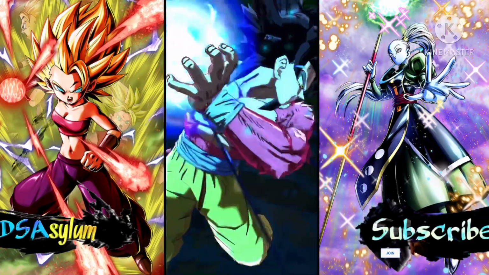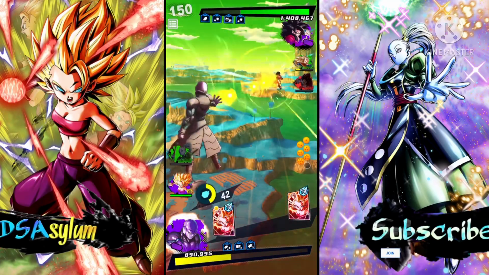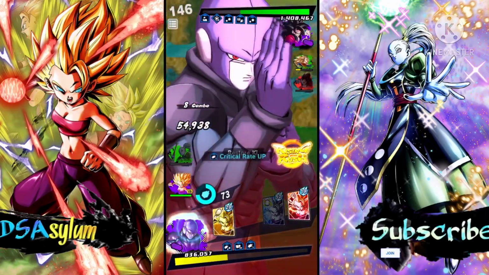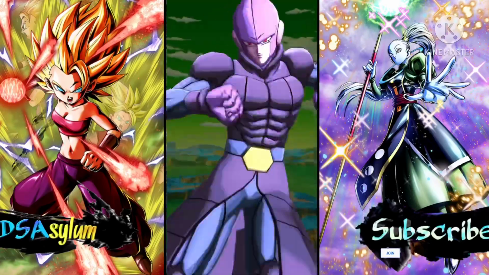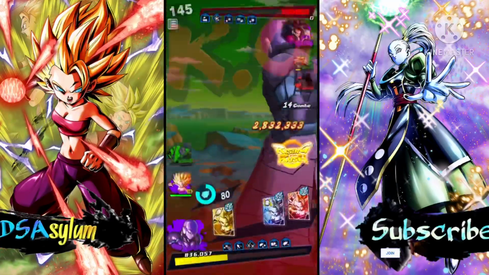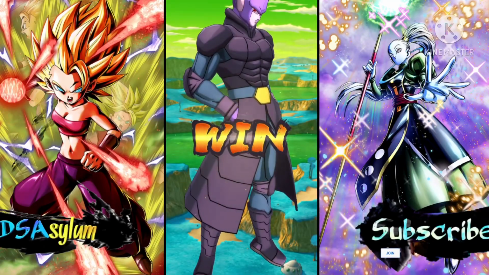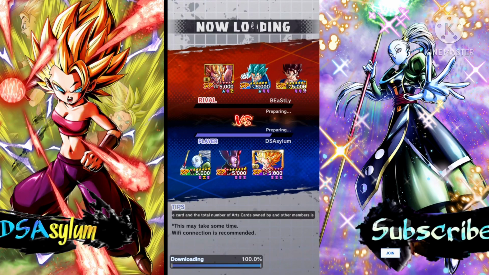My problem is I really like Hit, but I've discovered that you can run Vados, Hit, and Caulifla together, and it doesn't matter. The damage is just so stupid. But yeah, they obviously designed her with Rival Universe and Vados in mind. They designed her with the thought process that Rival Universe has a lot of double attack buffers right now, and they've got pretty much the best support unit in the game in Vados to help them out. So I think that's why Caulifla might not look very impressive to some people, like on paper. But I'm telling you, if you are running Rival Universe, I would actually recommend that you Zenkai this unit